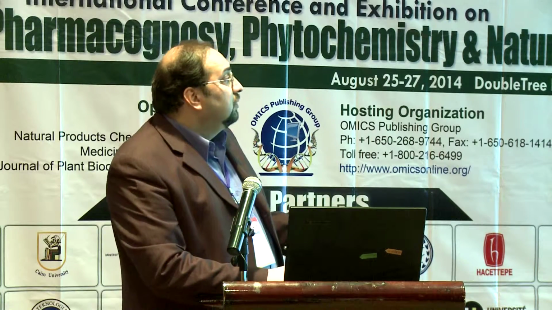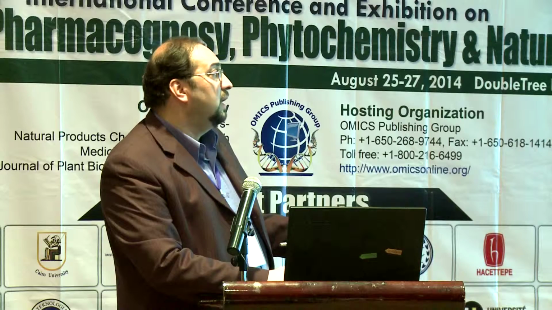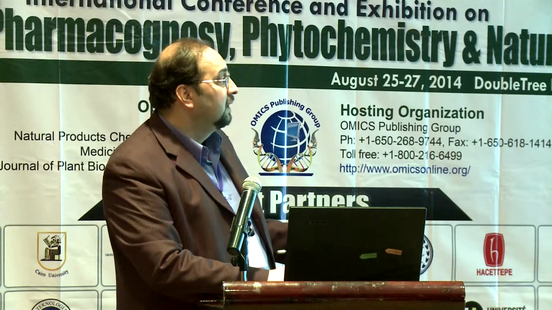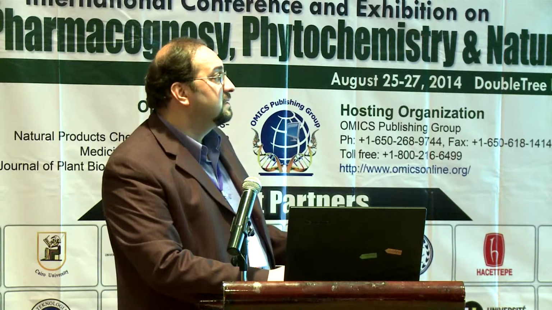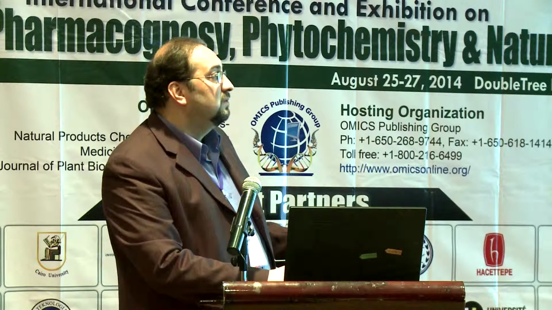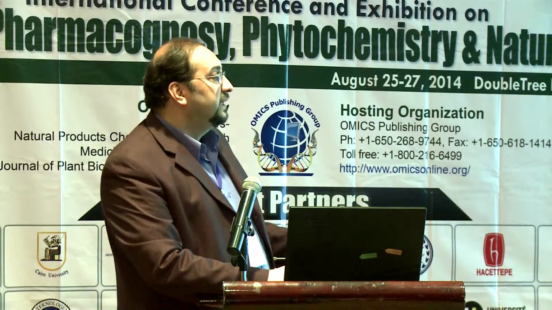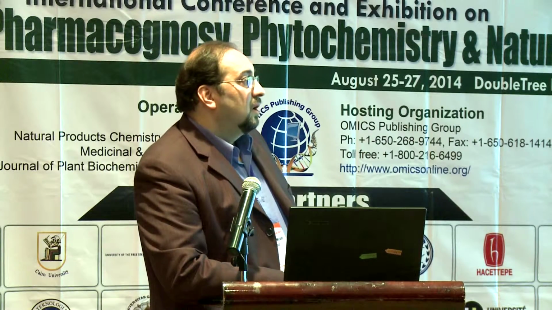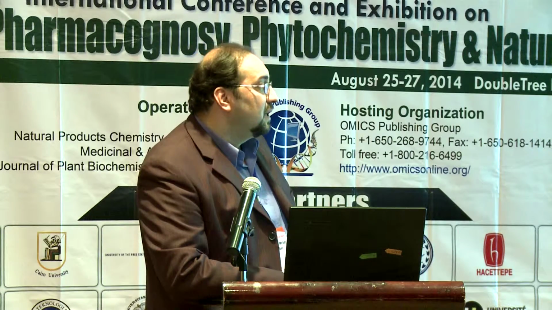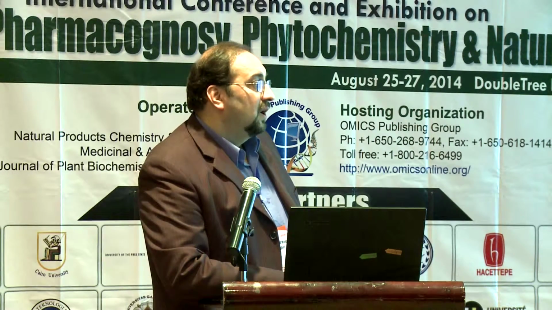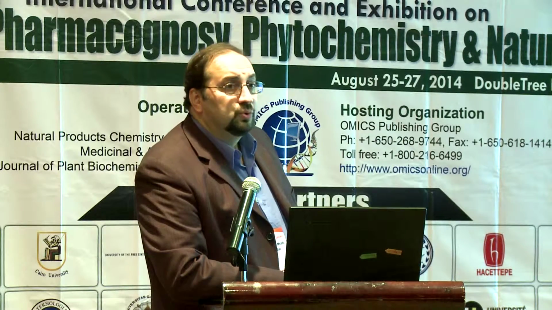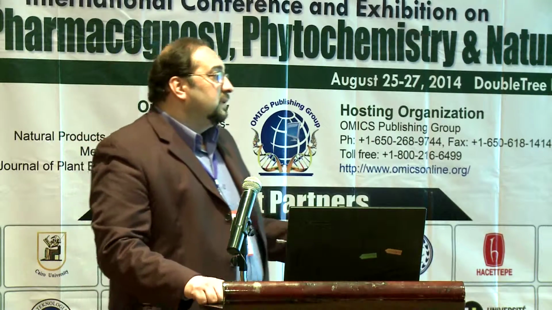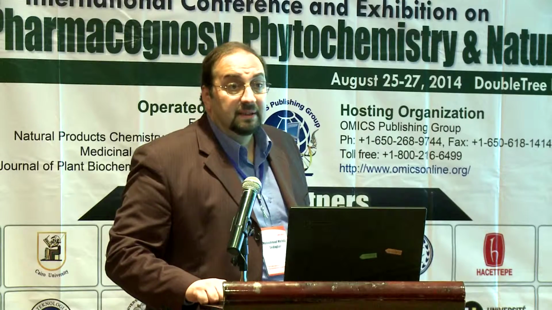In category 2, we have highly active plants with LC50 between 1 to 5 ppm. In the third category, we have active plants with LC50s between 5 to 50. Then moderately active: the plants are moderately active when the LC50s are between 50 to 100, slightly active when LC50 are between 100 to 200, and non-active, we consider plants non-active when the LC50 is greater than 200.